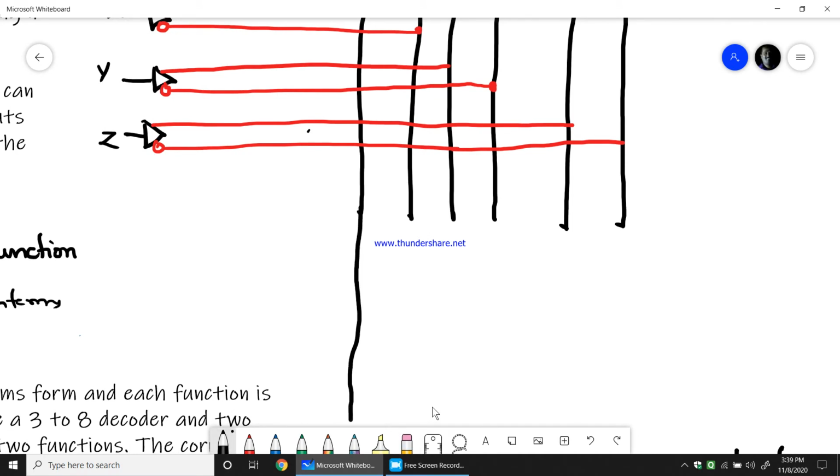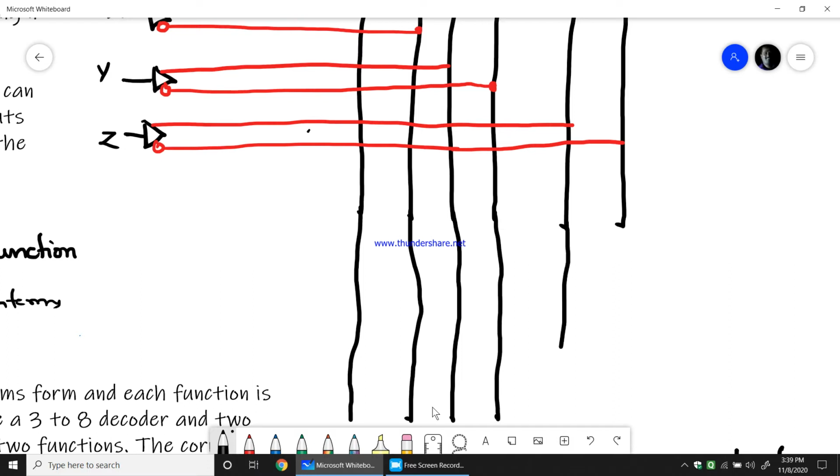How many AND gates do we need here? This is xyz, so it is 3 variables. 3 variables means you will have 8 combinations of AND gates, 2 power 3 is 8.